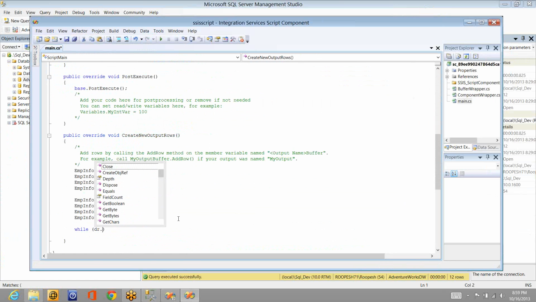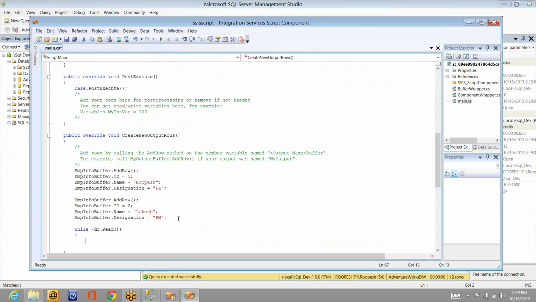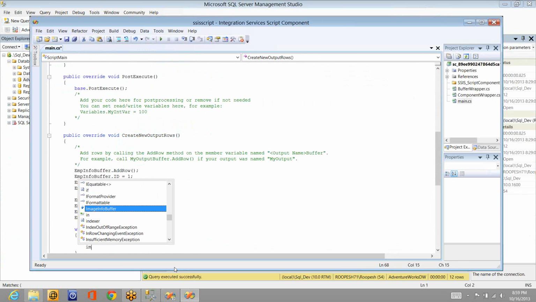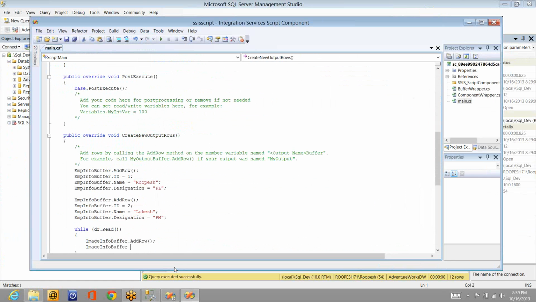That means as long as the number of records that are flowing from that do the same job, whatever I'm gonna explain here. So what is the output I have created for image stuff? I think image info buffer dot add new row. I'm adding a new row. Whatever I have done here, the same thing I'm gonna do, but for a new output, image info buffer dot id is equal to the data reader id, that is dr dot